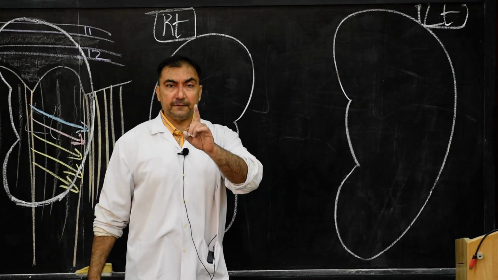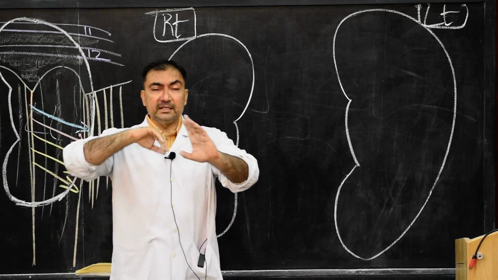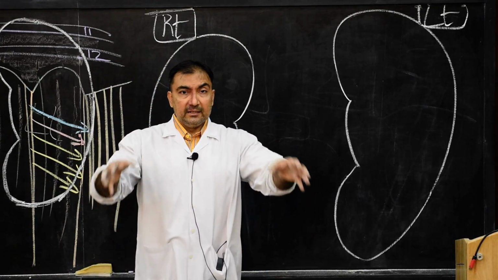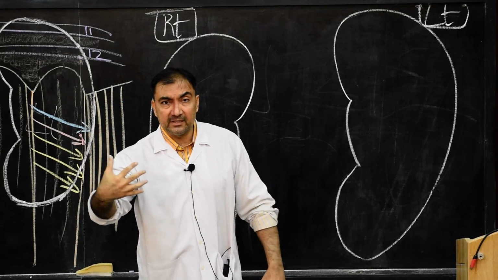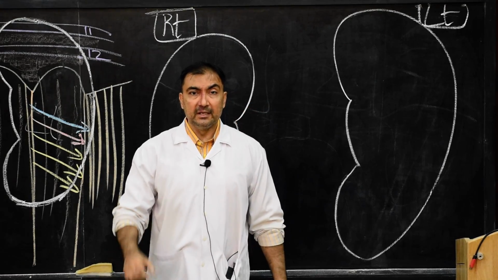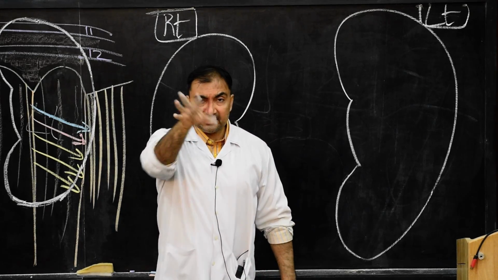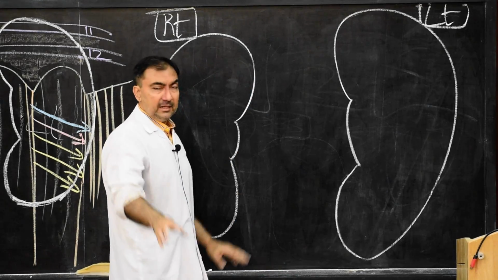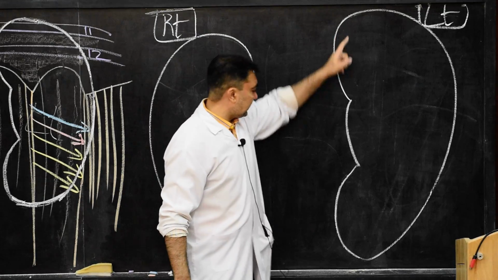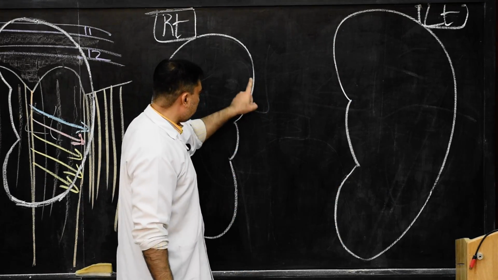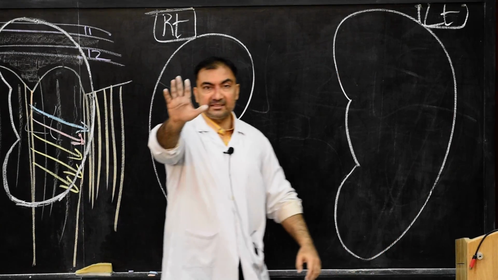Now, what are the relations of anterior surface of right and left kidney? Remember, as I told you, the right and left kidneys are covered by certain peritoneal areas, certain non-peritoneal areas. So, viscera which are related to the anterior surface of right and left kidneys, certain viscera are peritoneal, certain viscera will produce non-peritoneal relation. That is very important. With the help of diagram, we are going to memorize everything. So, we start with right kidney, anterior surface. Now before we start, each kidney will have upper and lower end, and each kidney will have medial border present as hilum and lateral border which is convex.